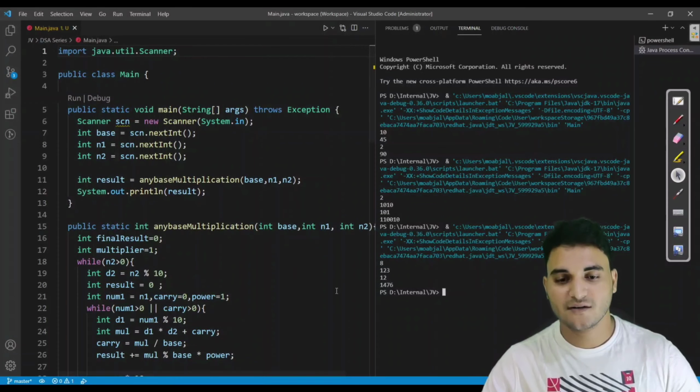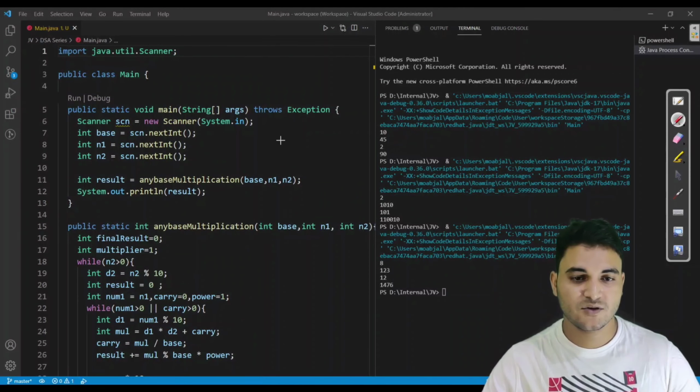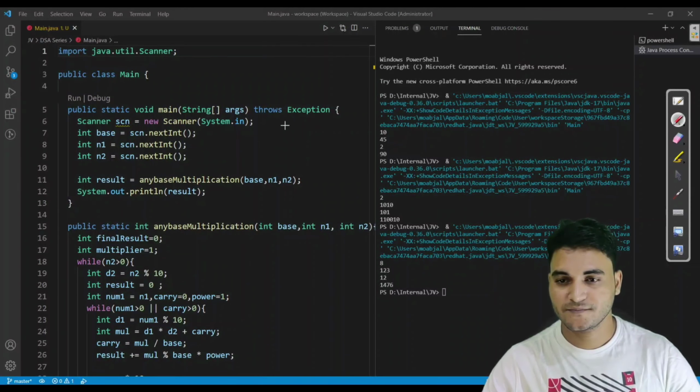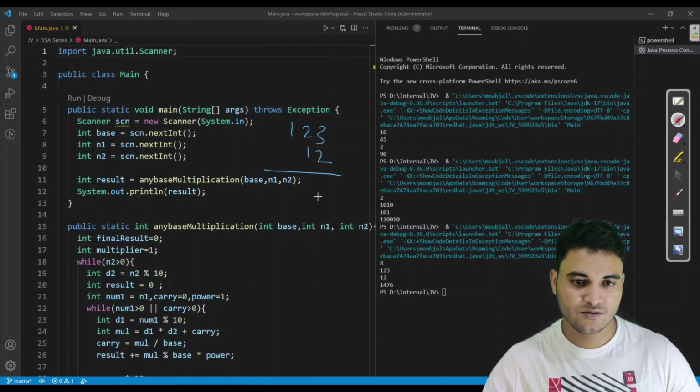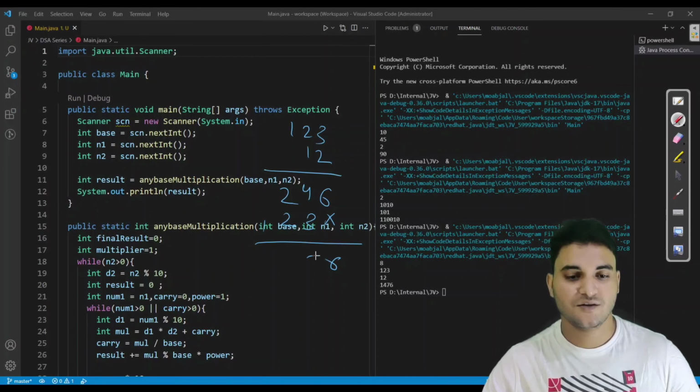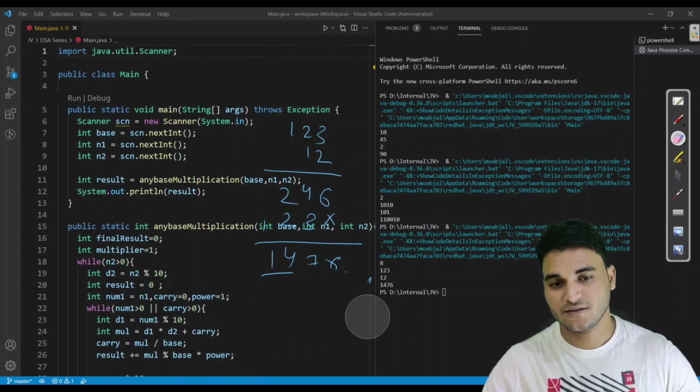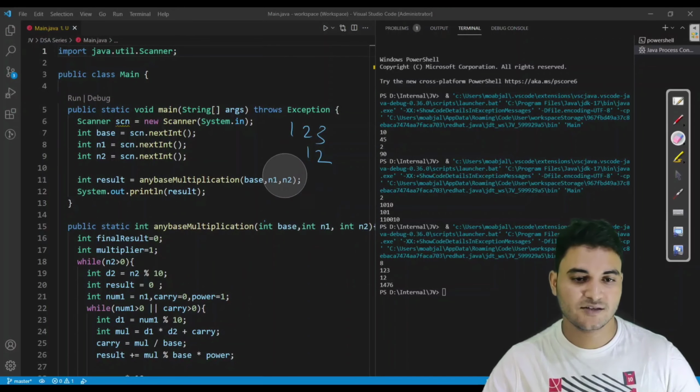Let us prove these numbers also, whether they are multiplying with the same order or not. We have got 1, 2, 3, 1, 2. So 2 into 3 is 6, 2 into 2 is 4, 2 into 1 is 2, 3 2 1 6, 4 plus 3 is 7, and 2 plus 2 is 4. That means we are getting our result perfectly, because we have got the exact same result.